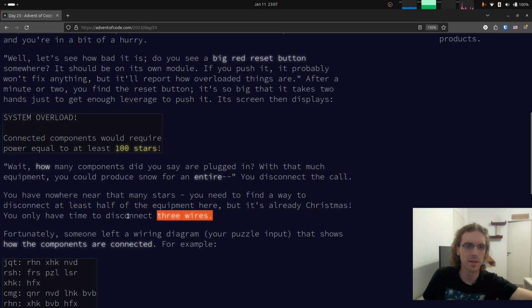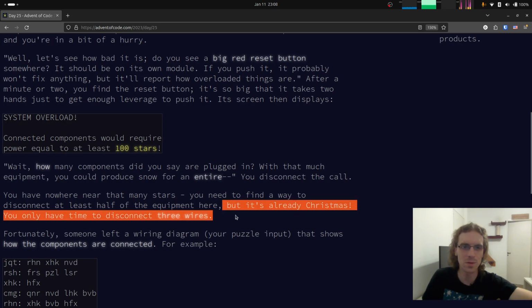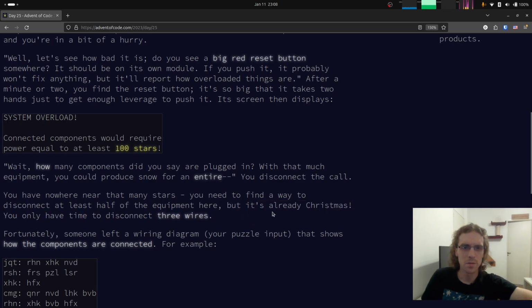3 wires. Okay, kind of like those bomb scenes in movies where you have to cut one wire or a couple, and you don't want to blow up. That was also a nice collaborative game that I played some time ago, 8 years ago. But anyway, yeah, it's already Christmas, although Christmas is already past, like 2 weeks ago. But anyway,